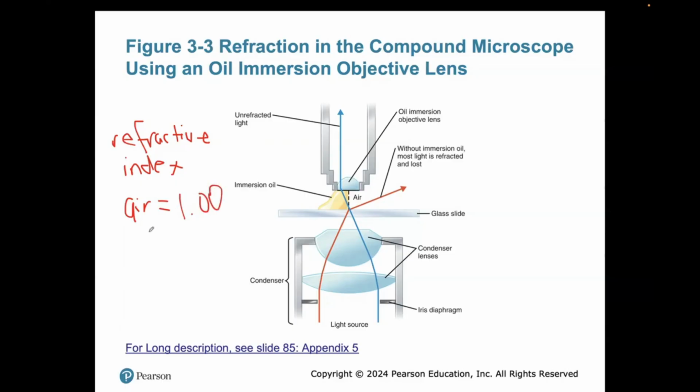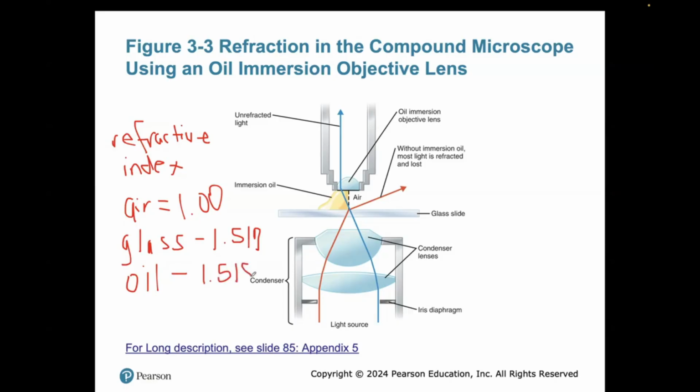But for glass, specifically when looking at microscope slides, the refractive index is 1.517. This is the case for standard common types of optical glasses and transparent materials, whereas oil, and specifically the immersion oil that we use, has a refractive index of